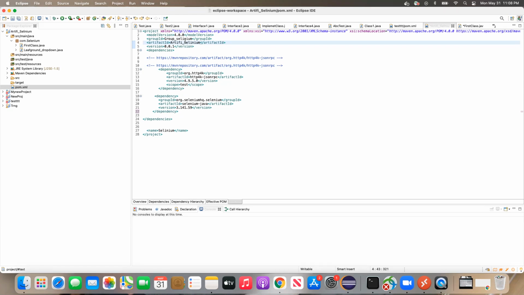When you click on an application, it will start with com, with org, or with edu, depending on your application type and how you are going to create it. Based on that, these group IDs will be defined. Okay. Right? Clear? So this is the org, organization.seleniumhq.selenium, whatever they have created.